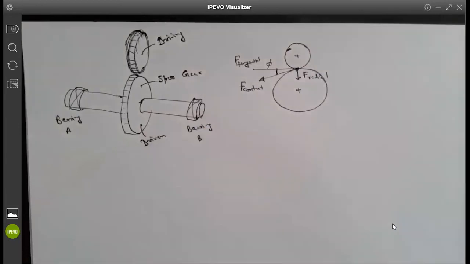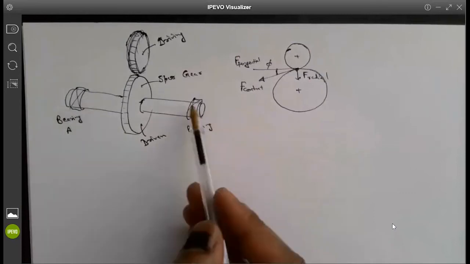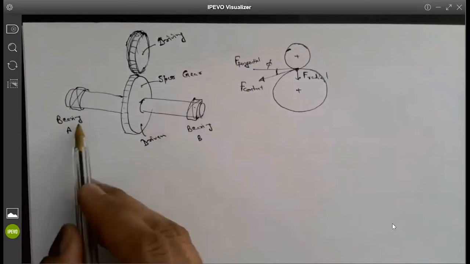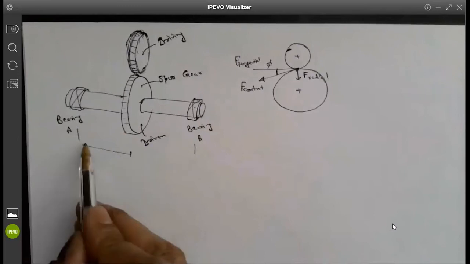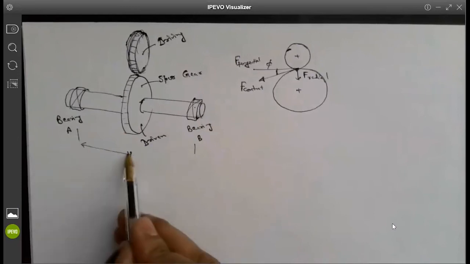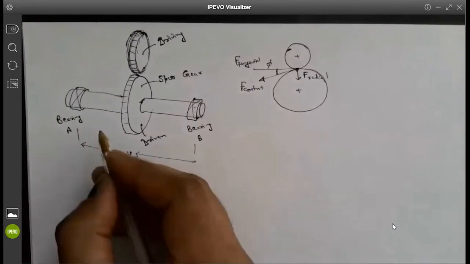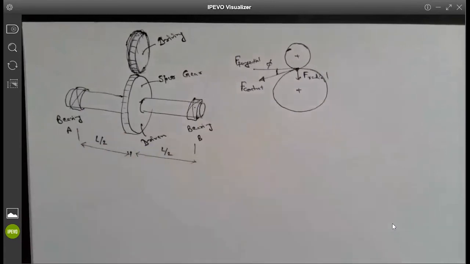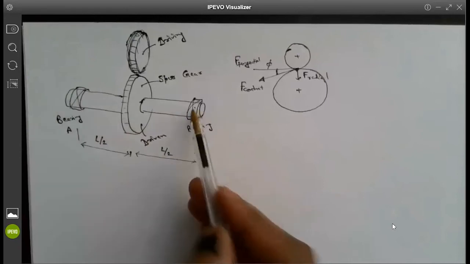This is just a shaft, and bearings A and B are basically the ball bearings that we need to select for the given parameters. The given parameters are the specific distance from one end to the other. So this is, let's say, the same distance here. Having known this specific relationship, you can find what should be the reaction at the bearing end, isn't it?